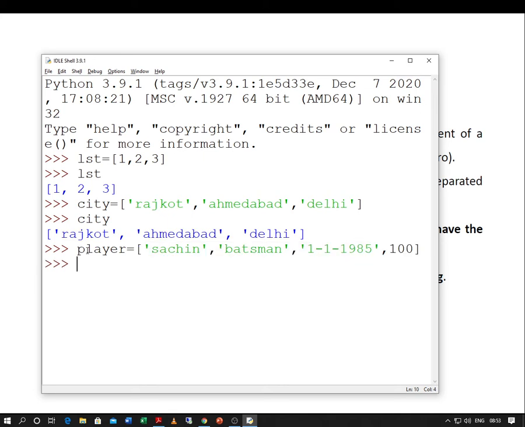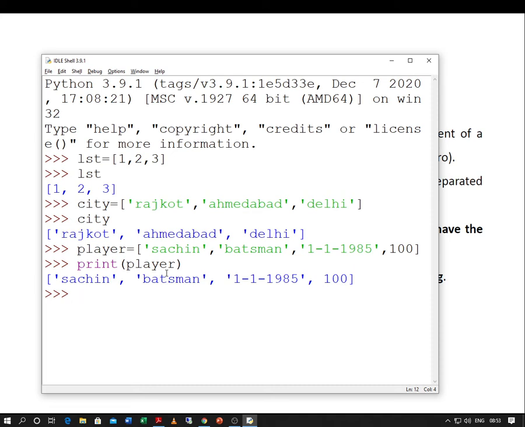If you observe carefully, we have one string value, another string value, one date value, and one numeric value. I can have a floating point value as well. Let me just try to print. This time I am using the print command. There is no difference in using print or directly giving player, you get the output.